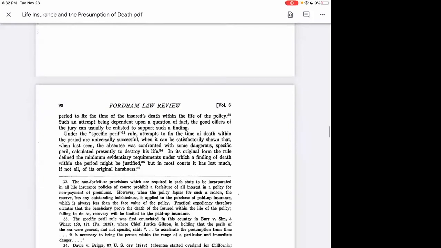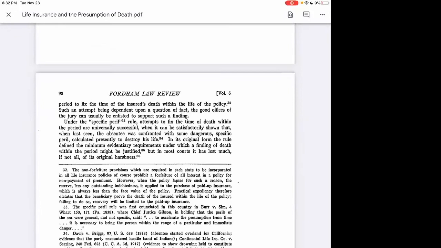So what they're talking about there is, for example, if you took out a policy today and then you try to claim that you were dead tomorrow, it's going to be a lot more difficult for you to prove that if you just took out the policy, because what they're going to say is that the jury's going to look at it as if you pretty much, quote unquote, faked your death or tried to explain an absence just so you can reap a benefit. But that's not necessarily the case, is what they're saying, but it's a lot harder to prove now because that's just going to be the presumption.